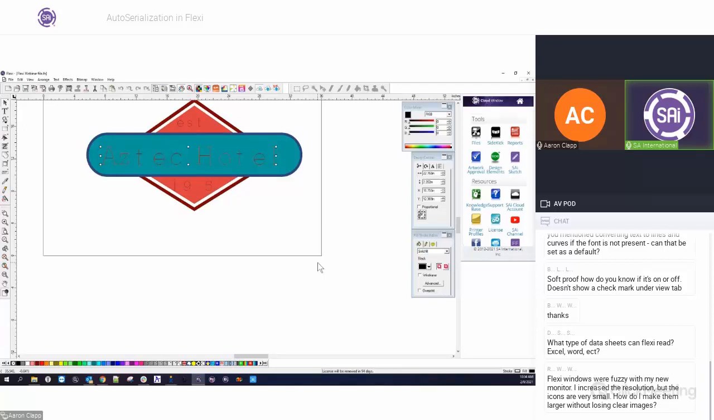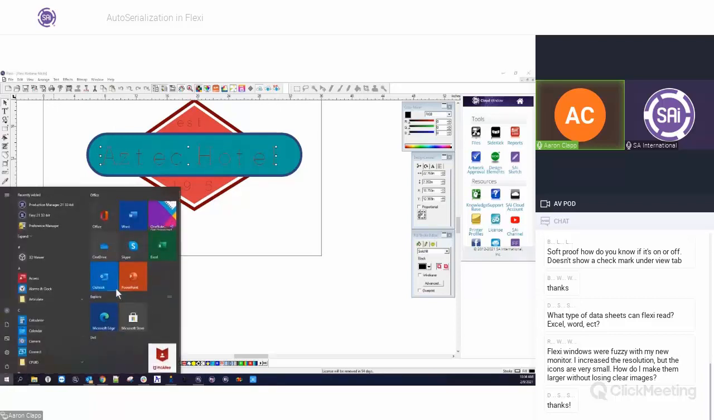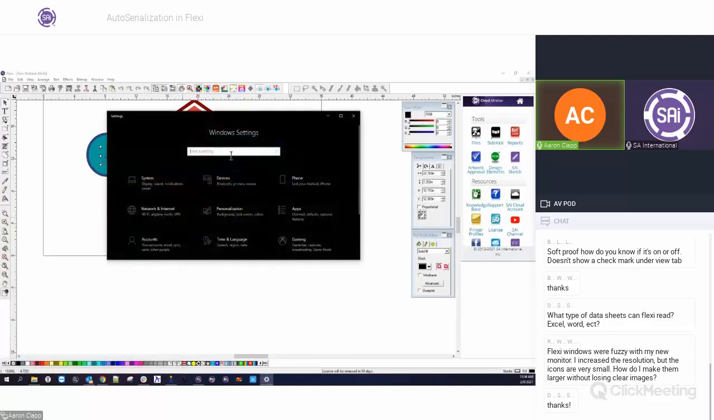So what you can do, and again, this is one of those things where we don't have a way to adjust the particular size of the icons inside of Flexi. It's based off of your resolution. One of the things that you can try, and unfortunately, this is not a real great solution, is if you go to your settings and we go to display,